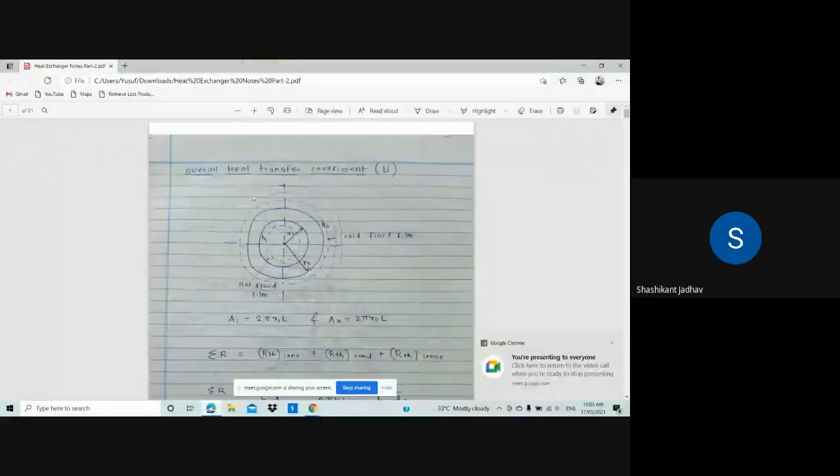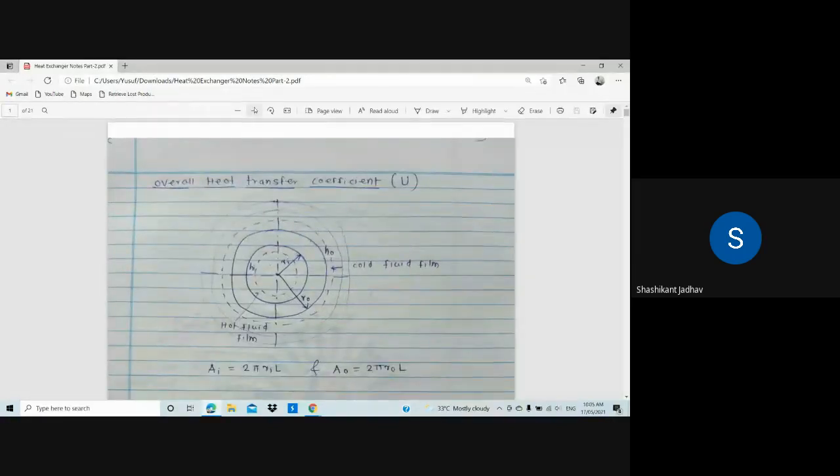Okay, so in the last lecture we revised some part of the heat exchanger topic. That is, we revised what is meant by a heat exchanger, what the applications of the heat exchanger are, then the classification of heat exchangers. After that, we discussed the analysis of the heat exchanger. In that, we covered the